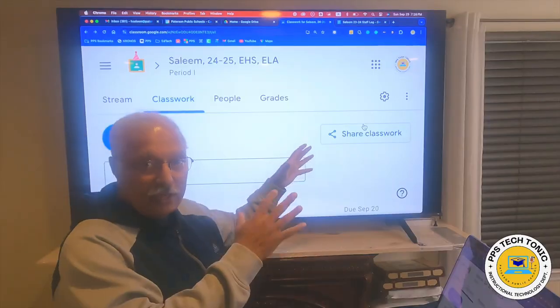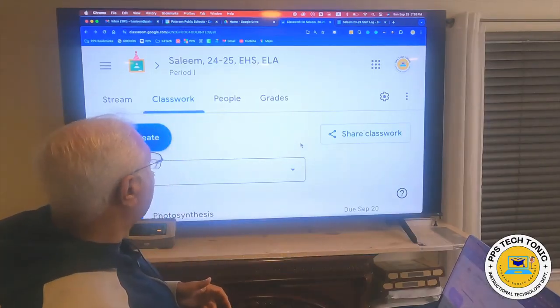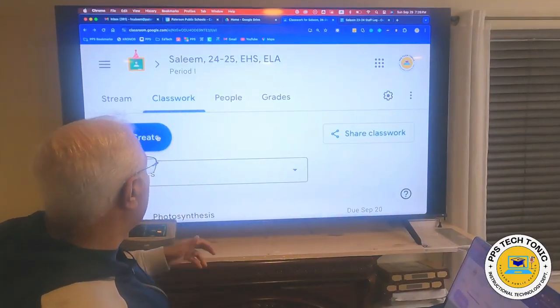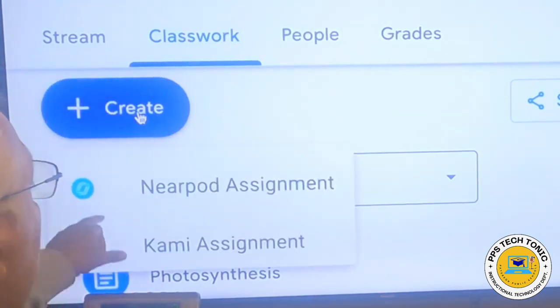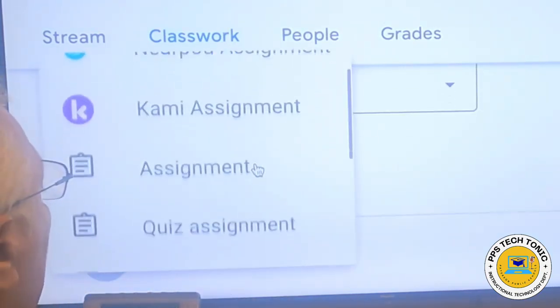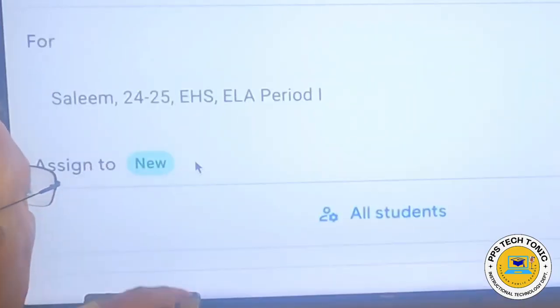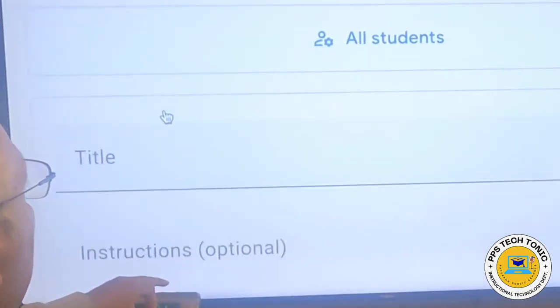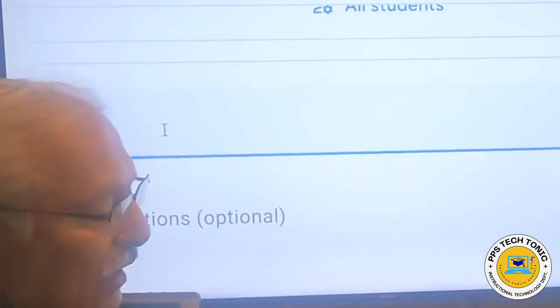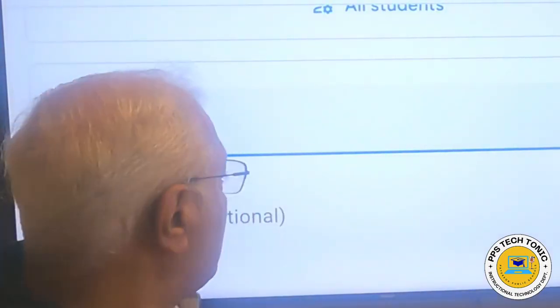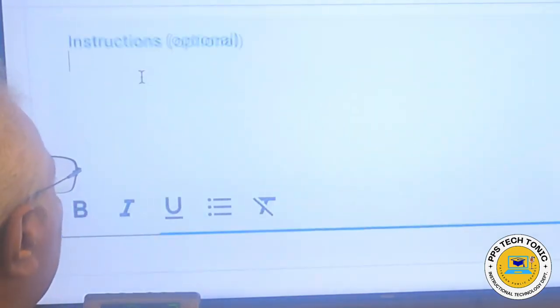Also, this is for an existing assignment, but it's the same process if I create a new assignment. So let's say on this side, I'll go here, I'll click on create new assignment. I have all of these options. So I'll click on, let's say assignment here. I'll click on an assignment that is assigned to all students. And I'm going to give it a title here. So let's say I give it a title as test, and instructions could also be